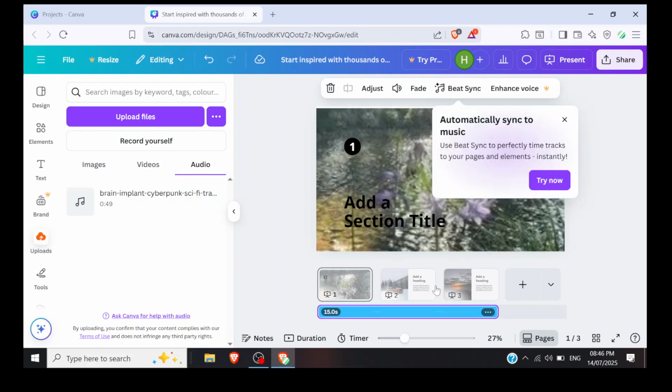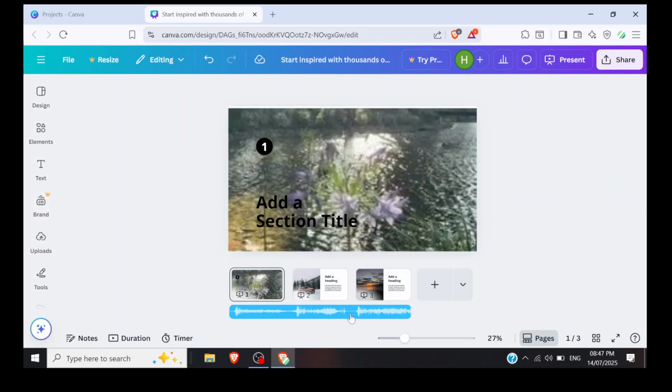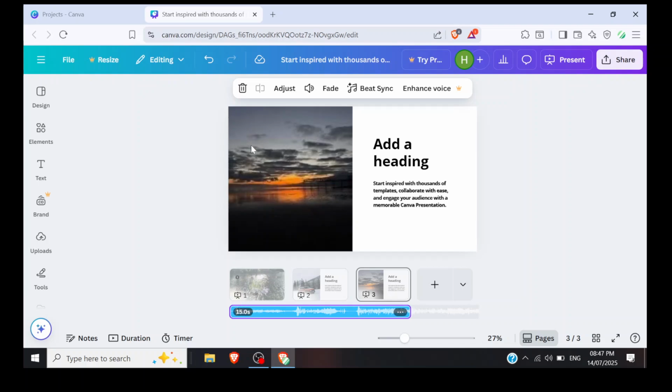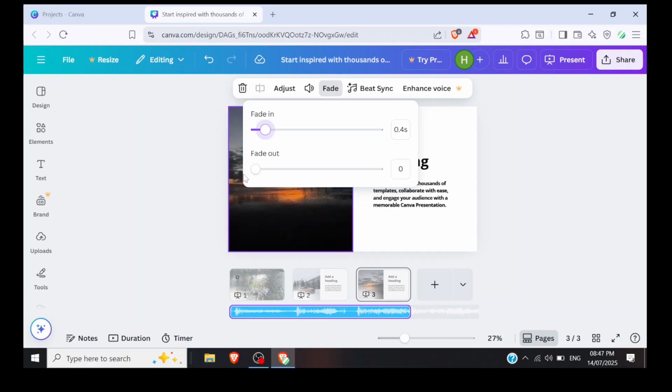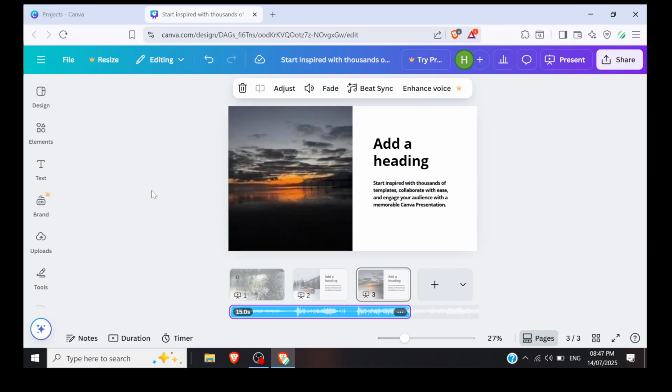Now select this, or you can drag it, and this already adds to my music section, and it appears at the bottom of your screen, and that's called the timeline. Now you can adjust where your song starts and ends by dragging this purple thing, and you can also select and adjust the volume. You can choose fade for a more dramatic look, and once you're happy with your music and